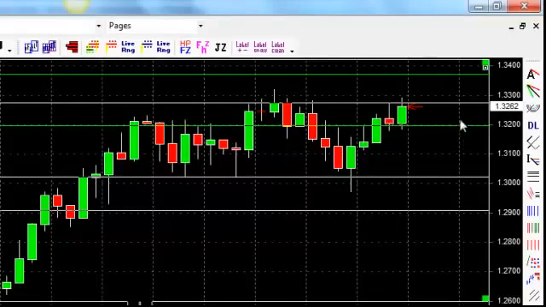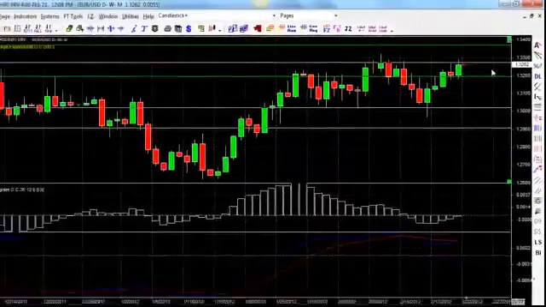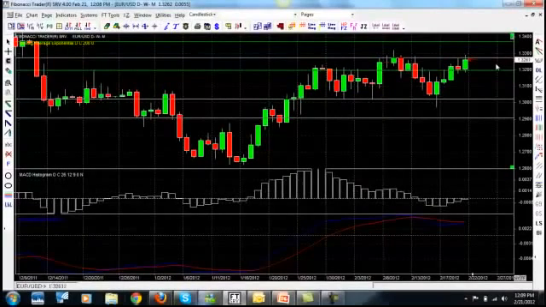As economic factors happen in each country, in this case the euro against the US dollar, whether it's news releases on current economic conditions in the US or in the euro zone, that would cause the value of one of our currency pairs to strengthen against the other. These currency pairs move up and down. It looks difficult, but it's actually very predictable. In fact, I want to go to